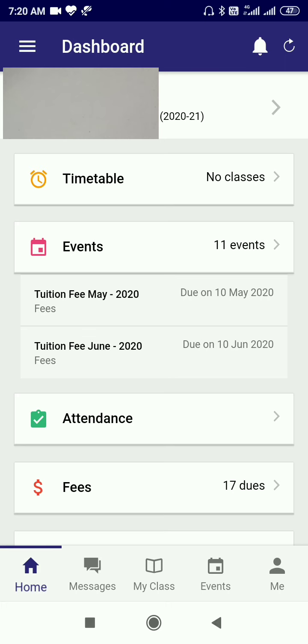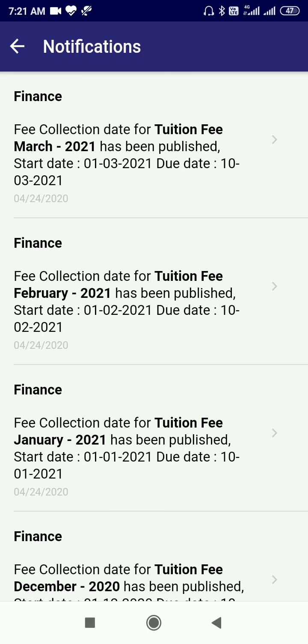Whenever any notification comes, this bell will have a number written on it, 1, 2, 3. It means that that number of notifications have been received, right? You can tap on the bell. You can find the notifications.